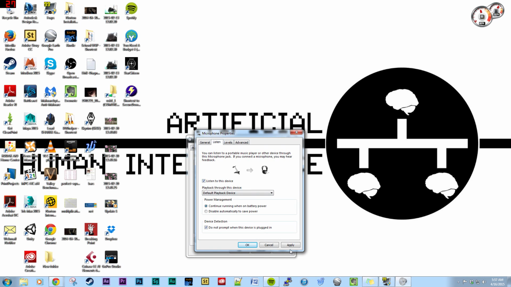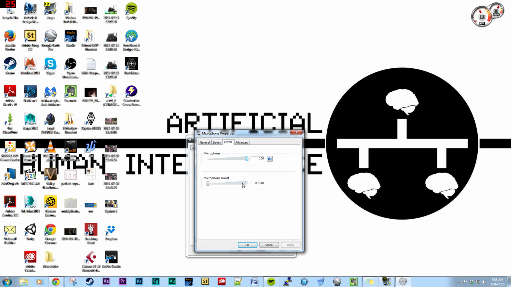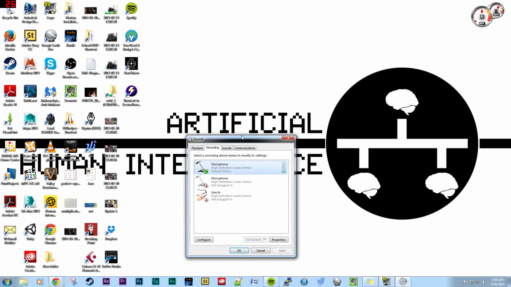But you check that box, click apply, you'll be able to listen to it, make sure that it's the right one at the right levels. You can adjust the levels on the levels tab. You can also boost the microphone up if you need to, or turn down the volume on the microphone if you need to. You don't really have to worry about this, but click OK. Make sure that it's set to the default device. To change it to the default device, if it's not, just click on it, right click, and set as default